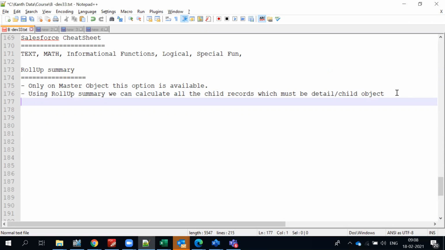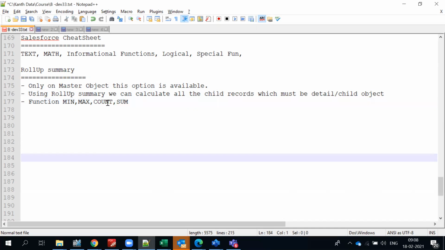Functions like min, max, count, sum. So there are functions which are already available. You can use them to calculate all the child records. I want to find the count of all the child records, the sum of all the records, the maximum or the minimum of all the child records. Any one of the functions I can use and I get it. So basically, roll-up summary would be available only in the master object, and roll-up summary can calculate all the child records,